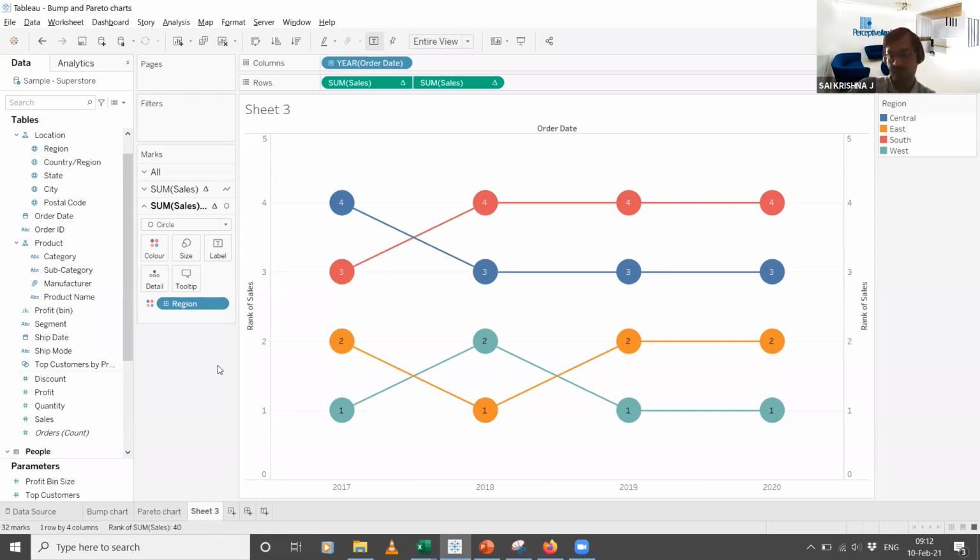So this kind of visualization will help tell you whether that person has performed consistently good or consistently poorly when it comes to getting revenue for the company. Okay, so that is one other scenario where you could use this. So this particular visualization has a wide range of uses. Okay, so that was on the bump chart.